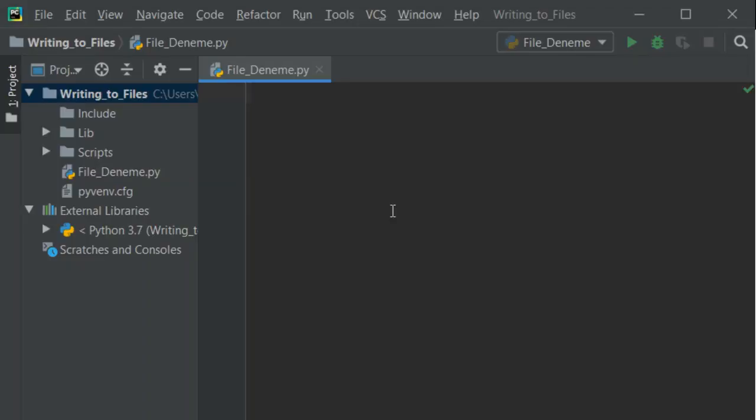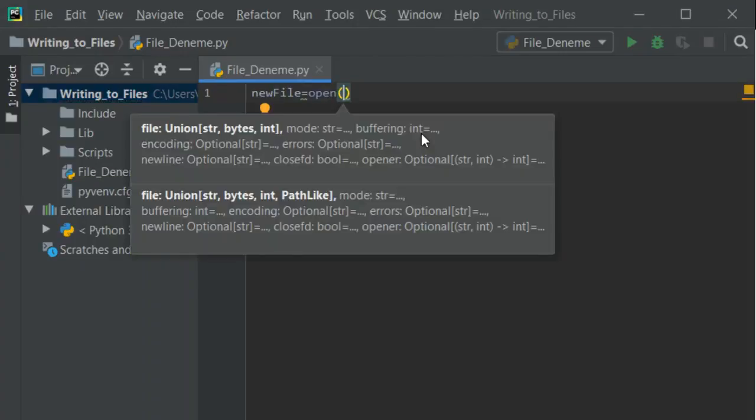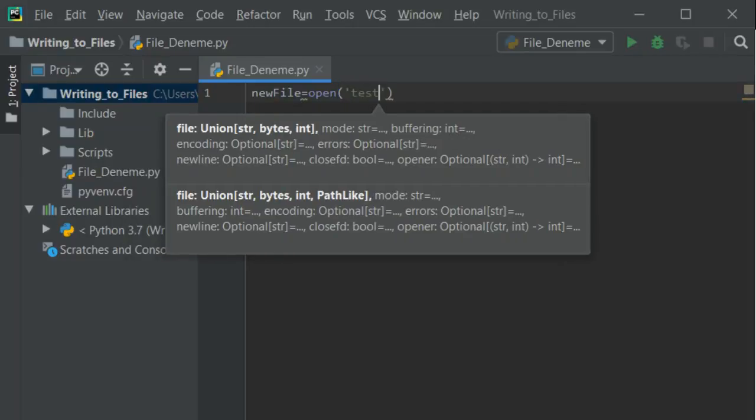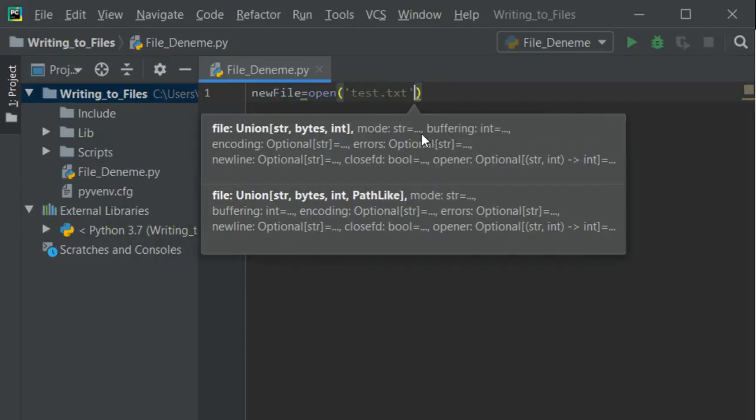So I am going to be showing both methods, but first in this video I will tell about writing to files. Let's start with creating a new file. If we want to open a file, first we should use the open method, and then we should give a name for this file. The name is test.txt. And then if you want to write in the file, we should use a lowercase w,